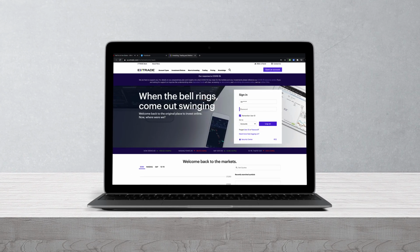So now that you're ready to start investing, here's what you do. Let's start off with a few steps. The first step is set up an account. Now, I typically recommend using a retirement account, aka an IRA. It's easier. You don't have to really worry about all the capital gains tax, and on top of that, you